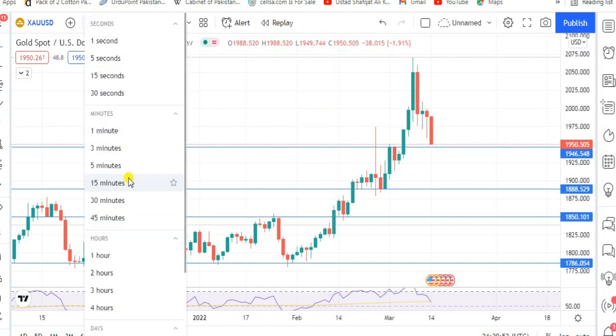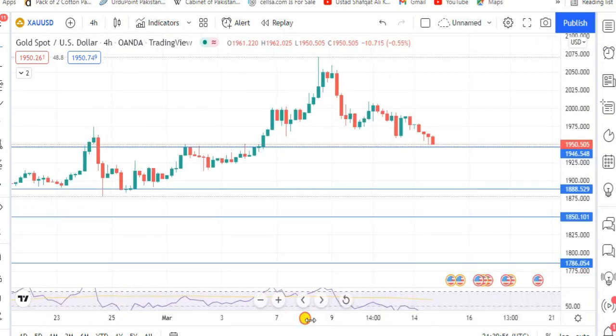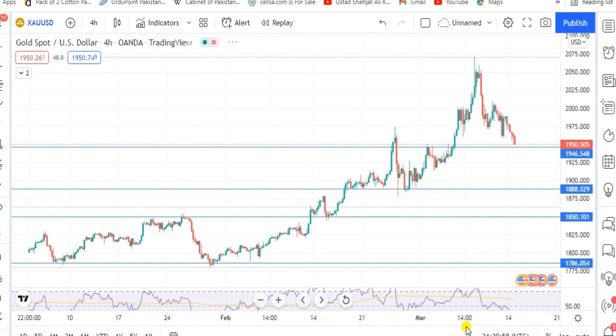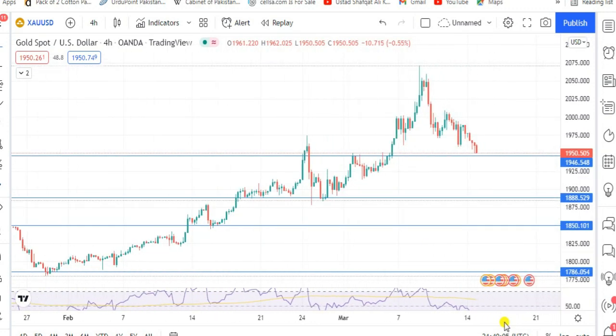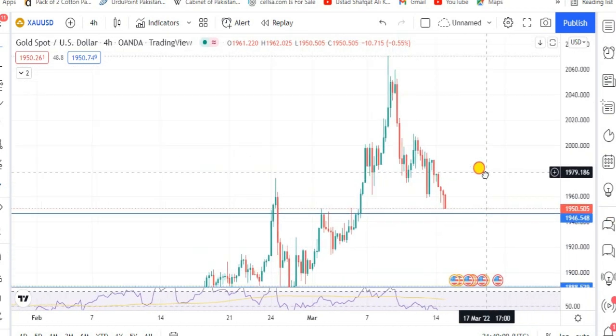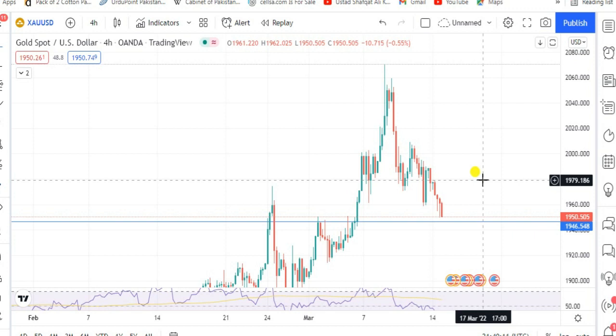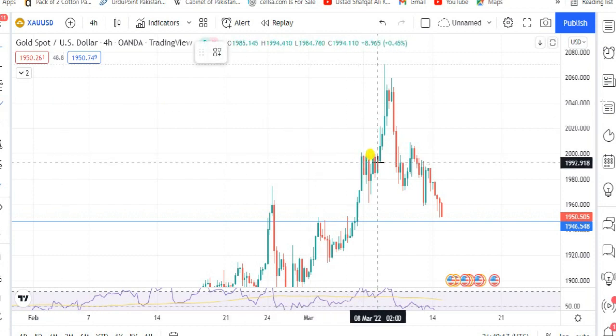Now if you look at the H4 time frame chart, first of all we will see what the possible entries for us are, where we should look for a buy trade and where we should look for a sell trade. On the daily time frame chart, as I mentioned, the market has given us the bearish engulfing. But on the H4 time frame chart, you will see a very